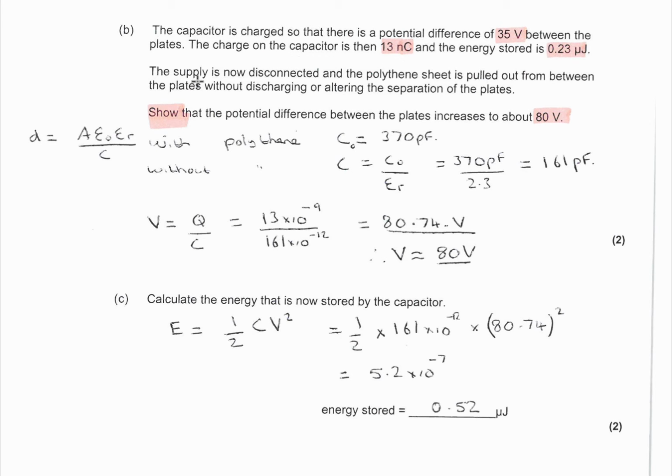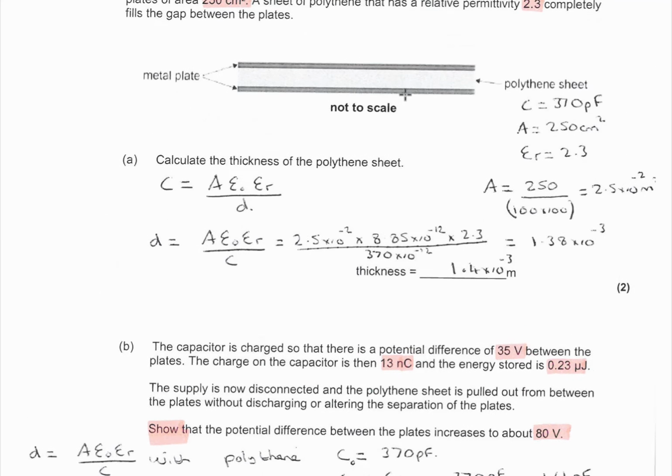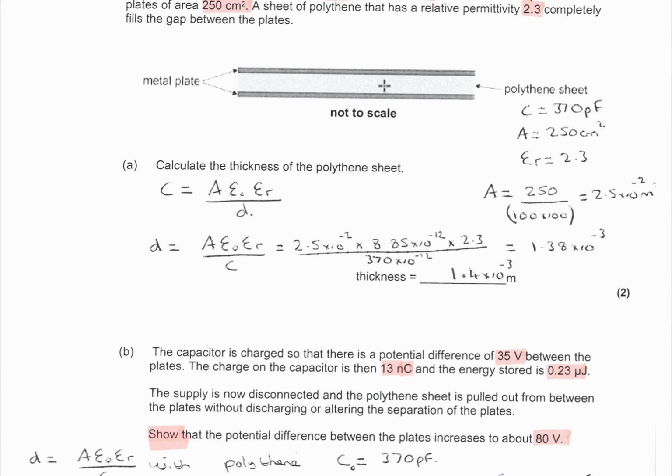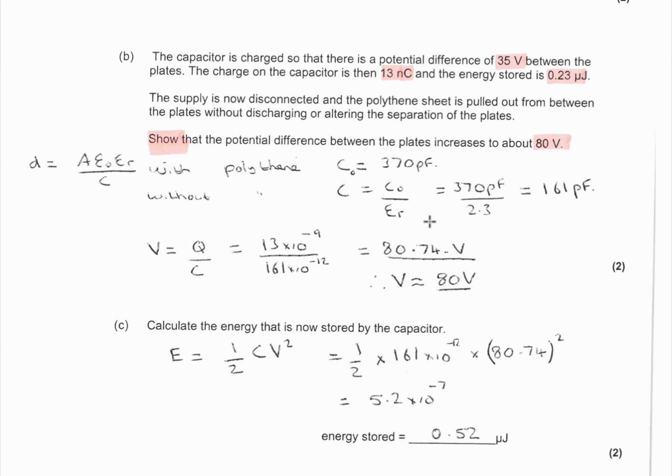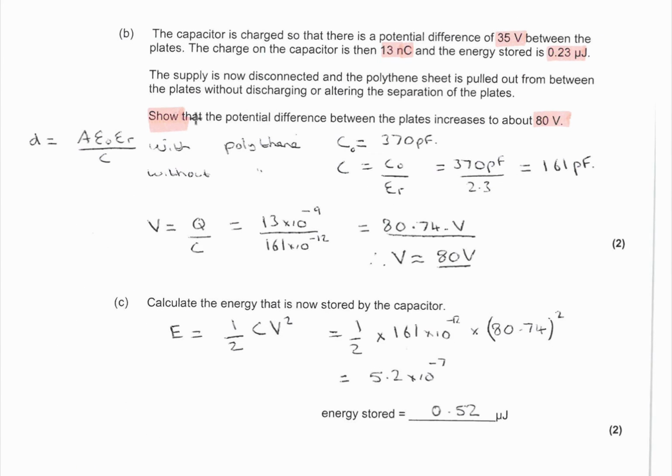So we charge this capacitor up and then we disconnect it, so it's not connected to anything whatsoever, so it stays charged up. And then we pull the polythene sheet out from between the plates. The capacitor isn't discharged and the separation between the plates stays exactly the same. So we end up exactly with this diagram up here, but instead of polythene in between it, we simply have air now. So to start off with, we need to show that the potential difference between the plates is about